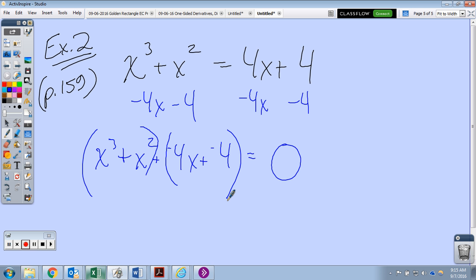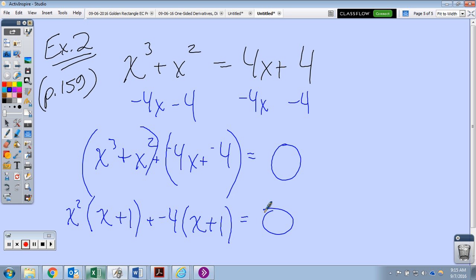So all I'm saying is let's focus on factoring just these two by themselves, and then these two by themselves. If we factor these two, x squared would be the greatest common factor, leaving me, very good, x plus 1. And over here, 4 or negative 4. Okay, so let's take out negative 4, and we're left with,